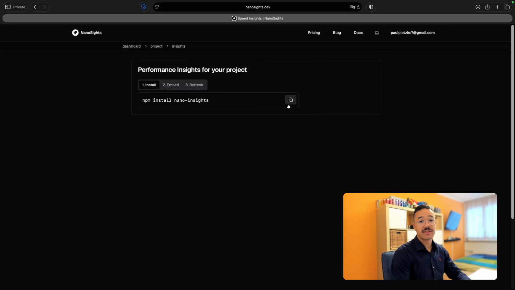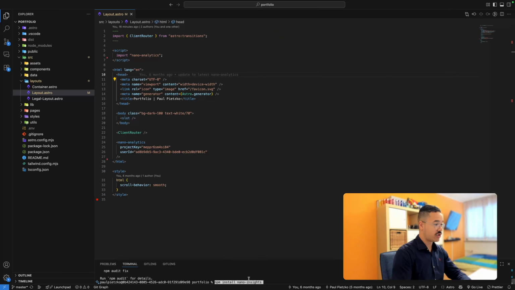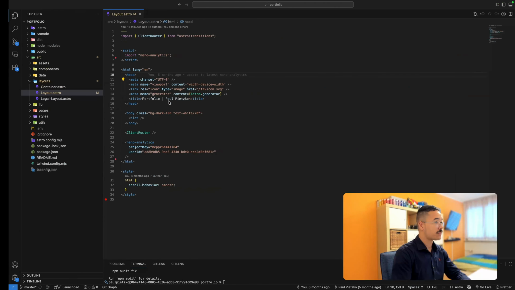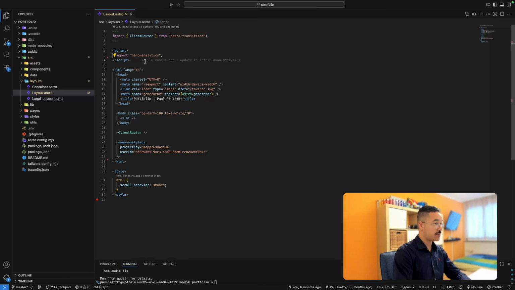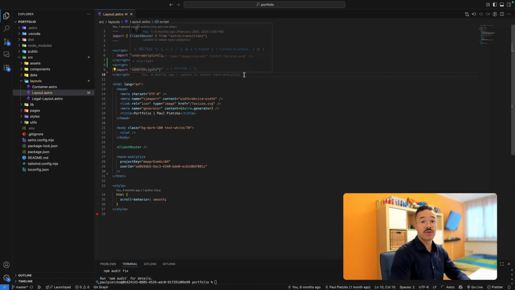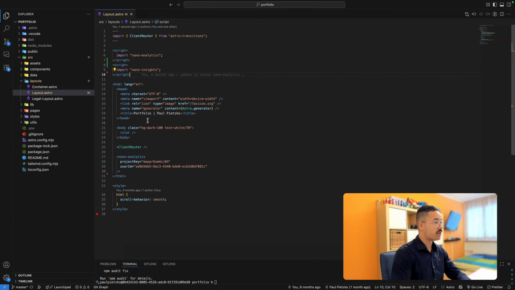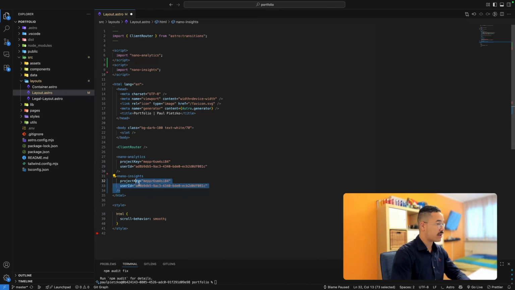The installation is the same as for the analytics. We can install the npm package using our console and embed the tag with the script. This will again be placed in my layout, the root file of my framework, and then I can use the HTML, put it under the analytics, so we have a concise code base, and then we can commit the changes